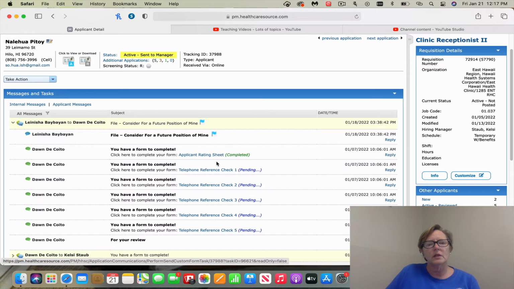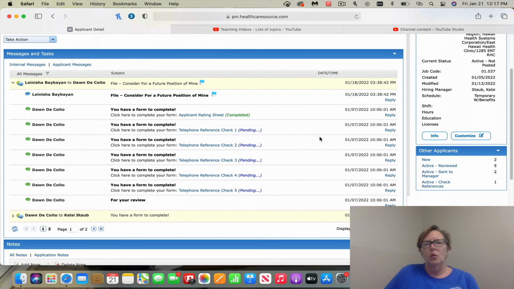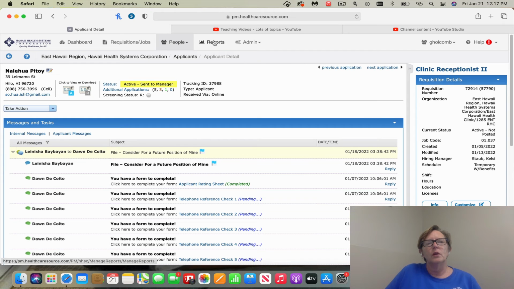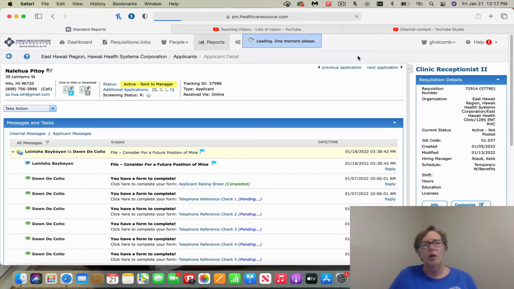But it's these links that will give you the next step of the forms that you need to do, whether it's the telephone reference check or the applicant rating sheet. And once those are completed, those go back to the recruiter. So again, things can move on to the next step. And one of the reasons we would like to capture all of our data